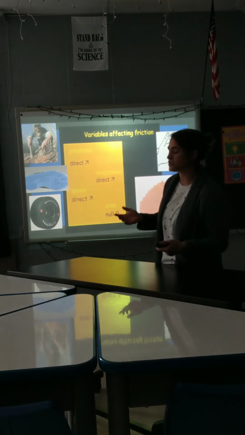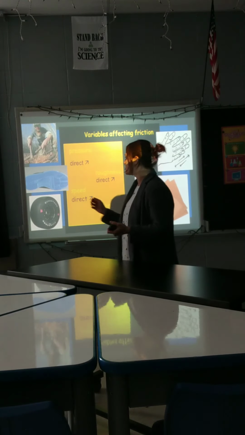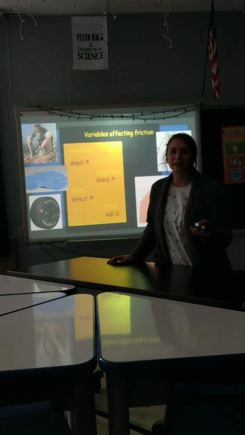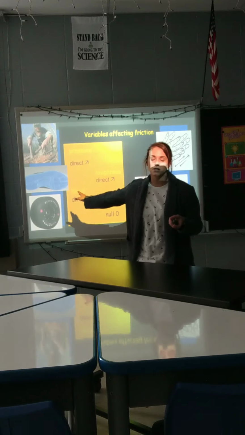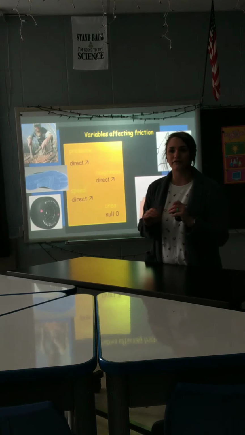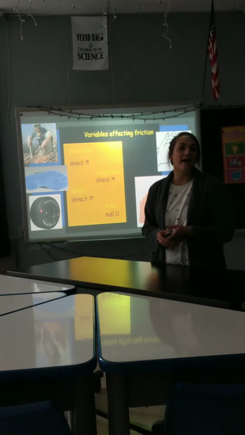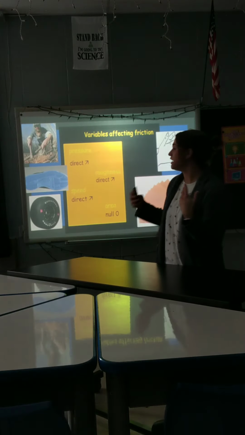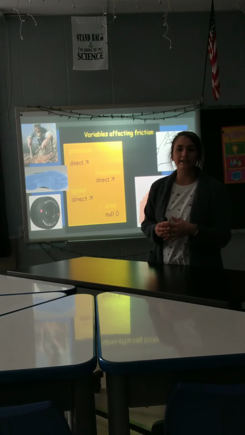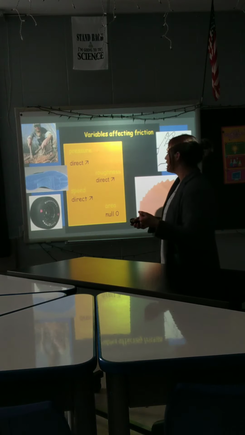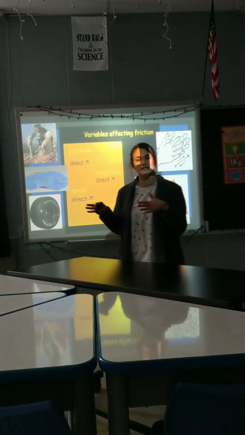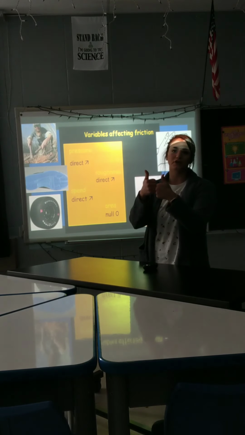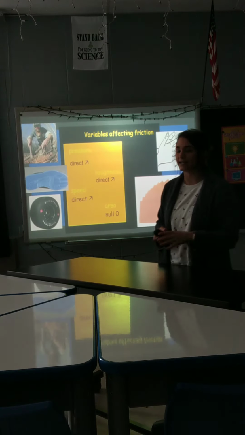That's another direct relationship. Something else we can talk about is roughness, or the textures of the substances that you're putting together. So think about the tread on your shoes. Here I have a picture of a pair of basketball shoes that have a lot of little ripples in it, and that's so that you're not sliding around the court whenever you try and play basketball and turn and move. You don't want to be slipping. The same reason you wear cleats or spikes when you play football or soccer. So the type of shoes that you have have different roughness, and that's important too. The rougher the texture of the shoe, if that roughness goes up, the friction's also going to go up and make it so that you don't slide everywhere.